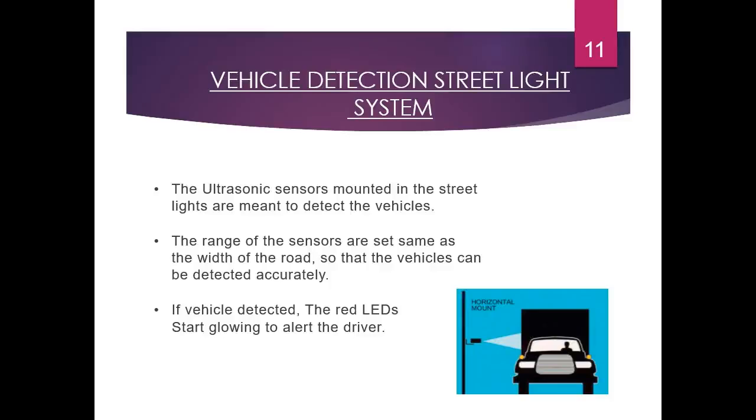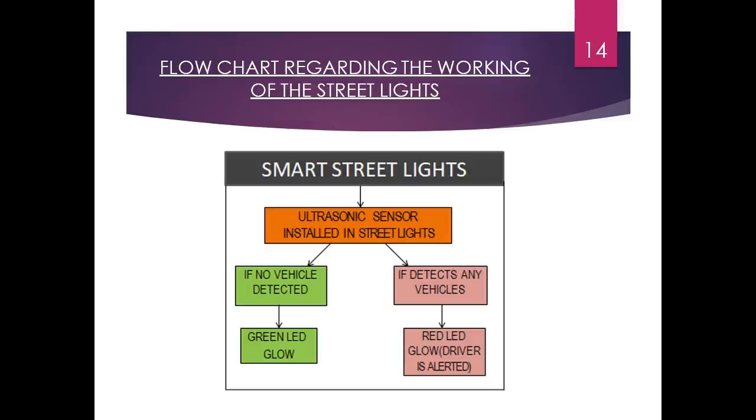Now the range of the ultrasonic sensor is designed such that its range is the same as the width of the road, so that it helps us to detect the vehicles accurately. Therefore, the smart streetlight system has been summarized by this flowchart. Here, if the ultrasonic sensor detects a vehicle, the green LED glows, and if the ultrasonic sensor doesn't detect a vehicle, the red LED glows, and therefore the driver is alerted